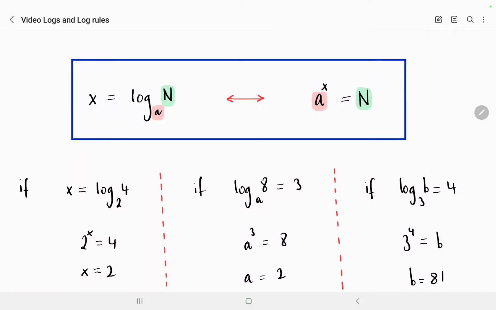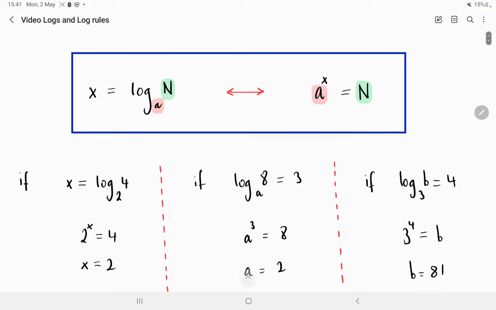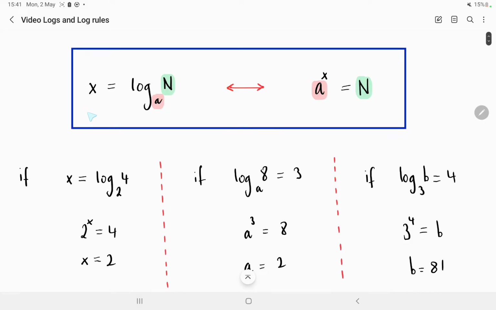This video is about logs and log rules and how to rewrite logs, but it doesn't go as far as log equations. First, we'll start by looking at an example here of how logs and indices are just different versions of each other. If we have on the left here x is equal to log n to the base a,